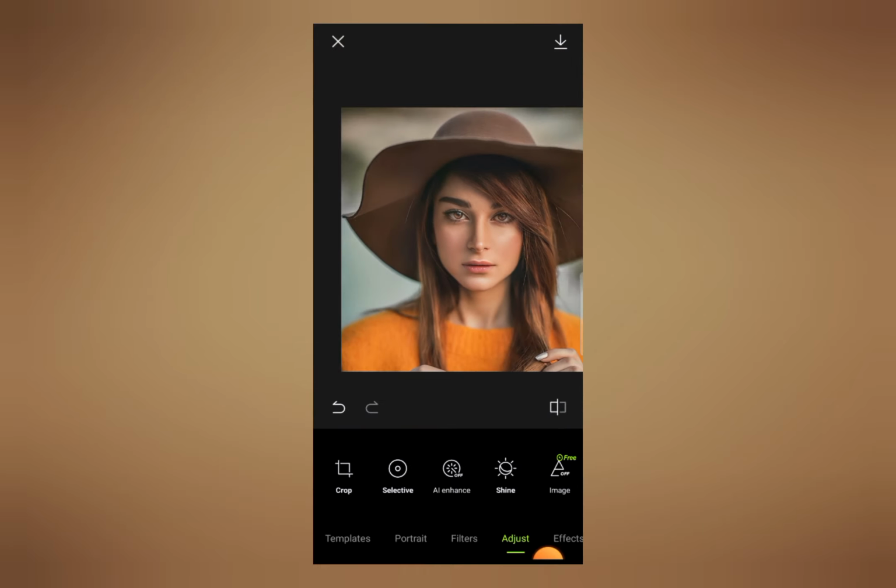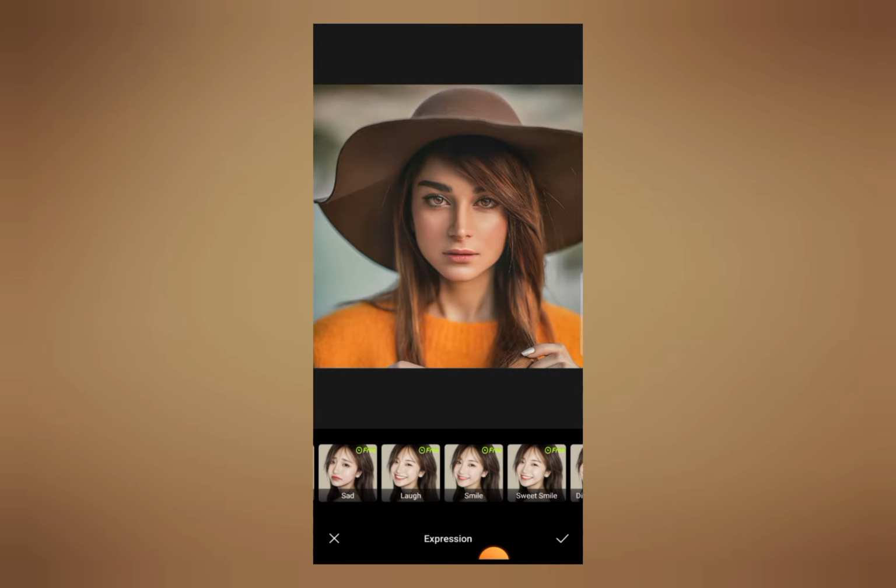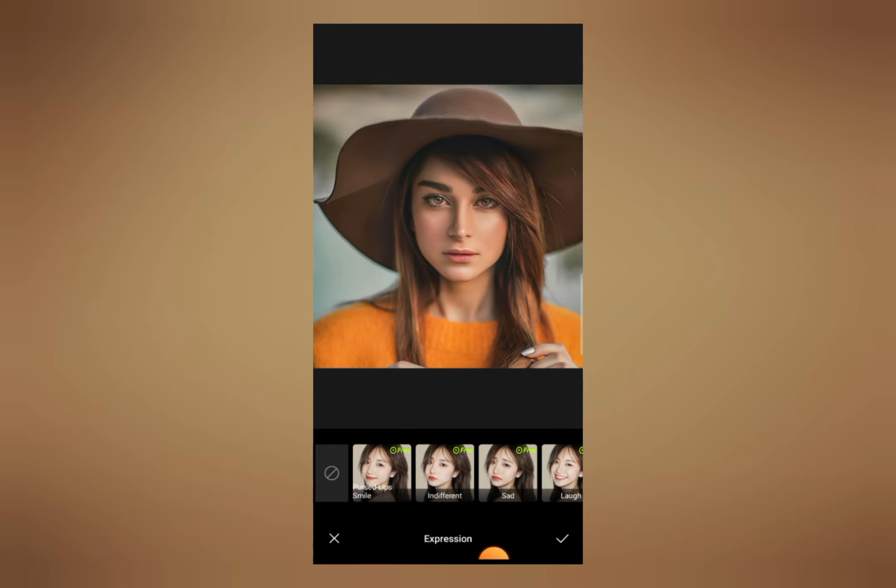Now to change the impressions of your face, go to the option of portrait. You can see over here, click on portrait, move these tools forward and you will see the option of impressions, right? Click on impressions and you can see a lot of different impressions, like 6 to 7 impressions are available here. Now I want to change the face into shade mode, so I will click on this shade option. The impression of this girl will change into shade mode, right?